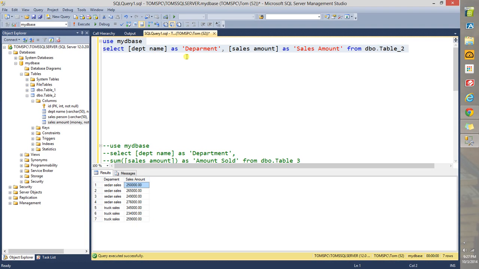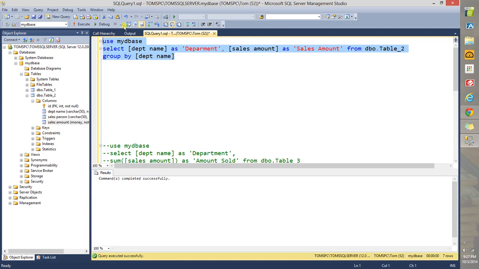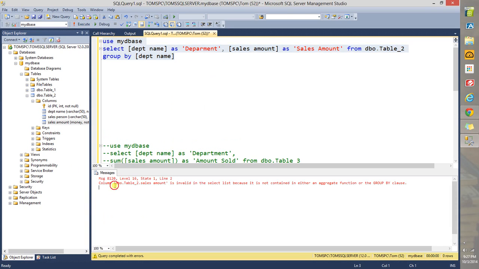I mean, obviously you could add that person. What we want, however, is to group by the department. So what we are going to do is this now. You're going to type group by and then department name like that. Alright, if you parse this, that seems to be okay, execute it, and it says